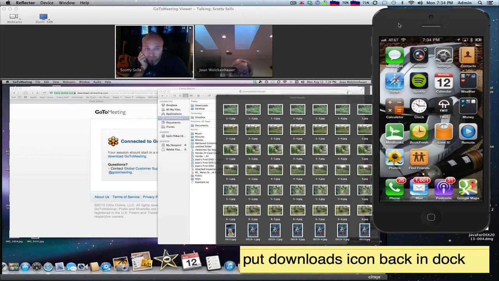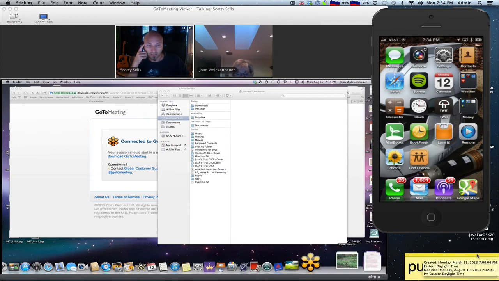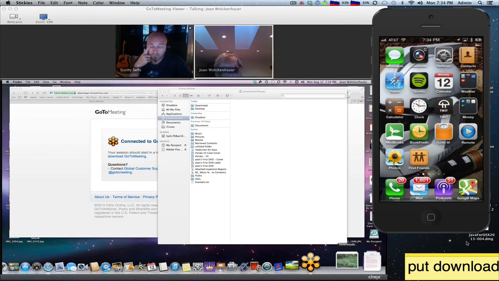Well, you have a lot of pictures in that downloads folder that you've gotten from people sending you or whatever. But your question was that you wanted to put that downloads folder back into the dock. And you have done that. A few items. Yeah. The current way that you have it set, if you do a right click on that,